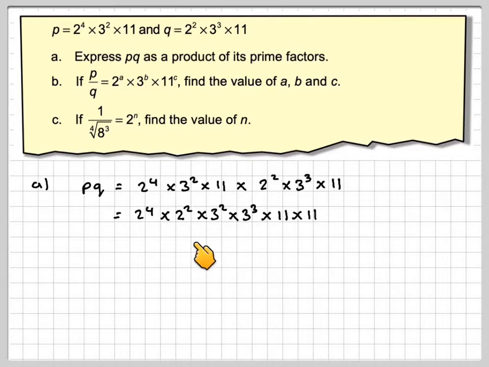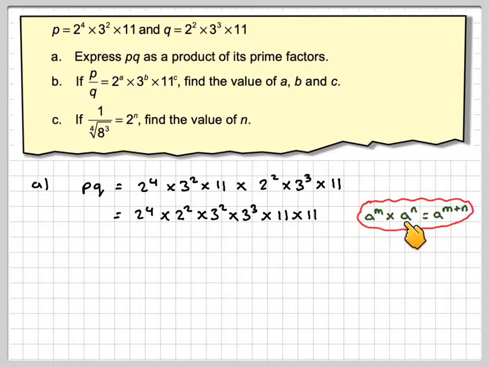So 2, 3, and 11 are already prime numbers. So we know that a to the m times a to the n is a to the m plus n. So that gives 2 to the 6, so 4 plus 2, 3 to the 2 plus 3, and 11 to the 1 plus 1, which gives me 2 to the power of 6, 3 to the power of 5 times